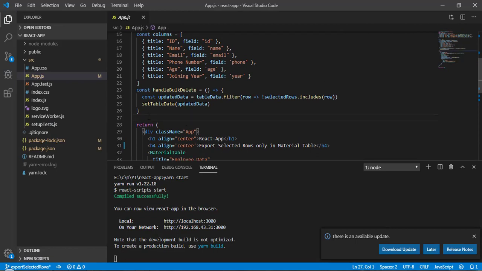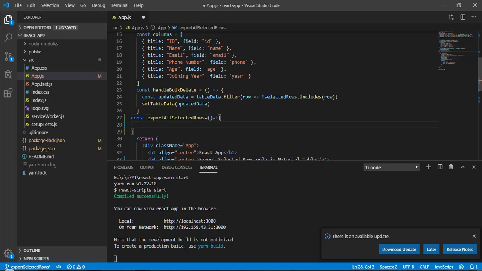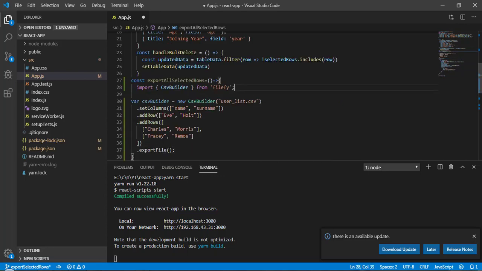So for that, let's create here const export all selected rows. Okay, so this is going to be a row function. So now let's paste what we have copied, and let's import this at the top here.